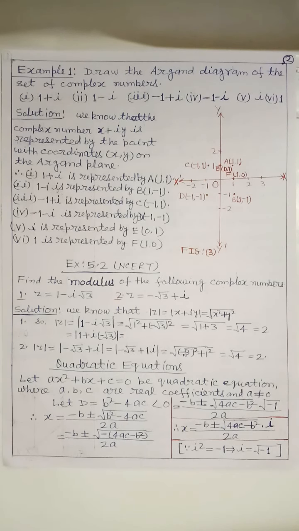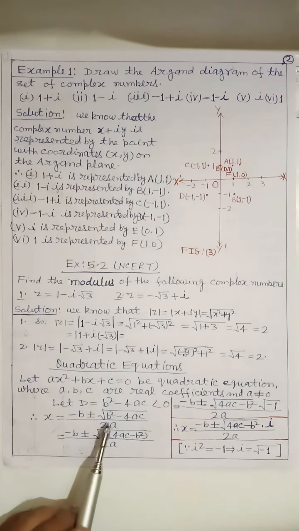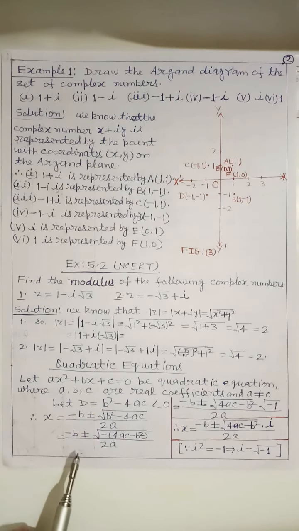Now we know that we can find the square root of negative real numbers in the set of complex numbers. Therefore, the solutions to the above equation are available in the set of complex numbers, which are given by x equal to minus b plus minus square root of b square minus 4ac by 2a. Already we know this, and here this can be written as minus b plus minus